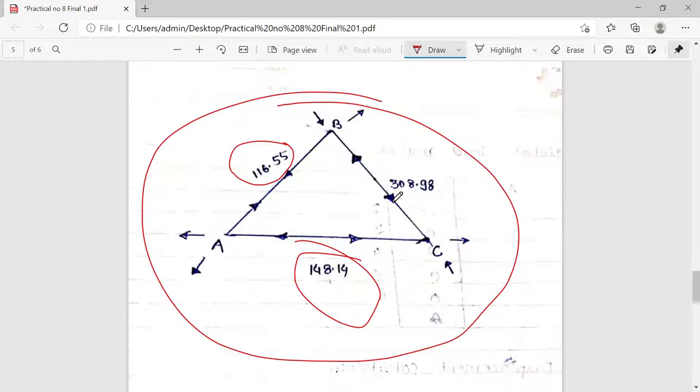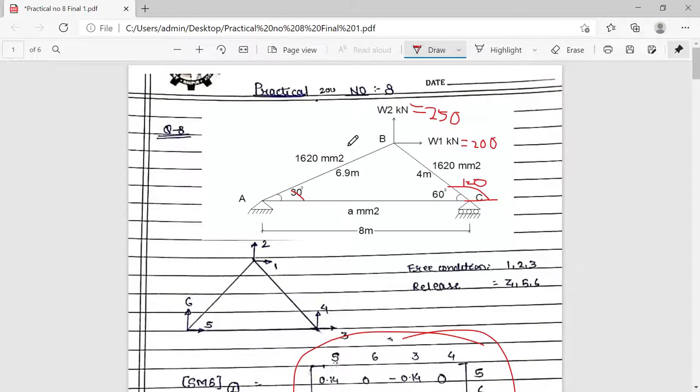So let us see how we can model this truss element in STAAD.Pro, because the modeling of this truss element is somewhat different than that of portal frames. So I will model this element in STAAD and calculate the final output in the form of axial forces. Okay, so let us see that.